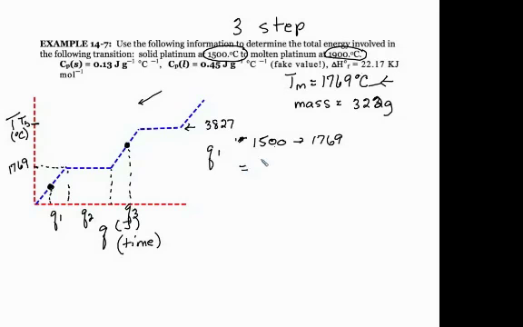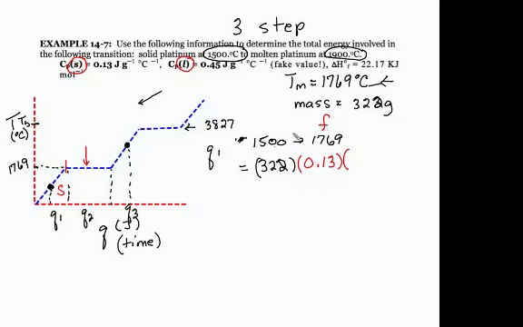And so Q is equal to our mass, 322. Now be careful because you're given 2 heat capacities here. We have the heat capacity for our solid, and I had to make up a heat capacity for the liquid because I couldn't find one. So I just made up a value. That'll work for the question, okay? Just make sure that you pick the one for the solid because up to this point we have solid. And during that transition we have different states. So we're in the solid state now,